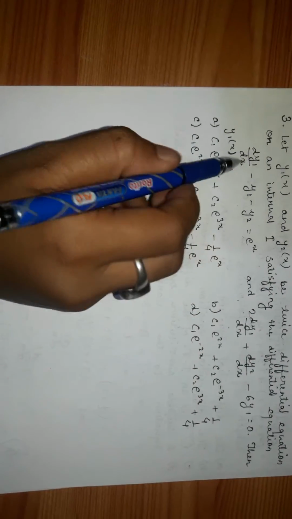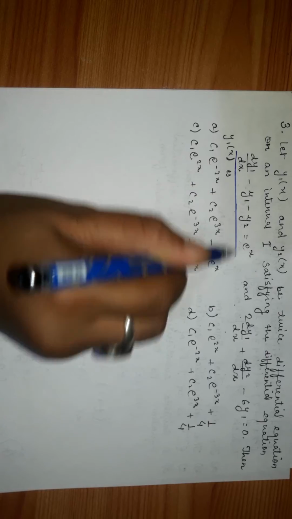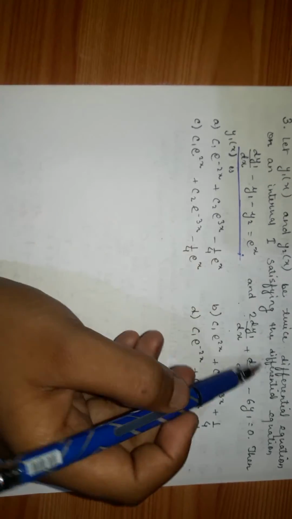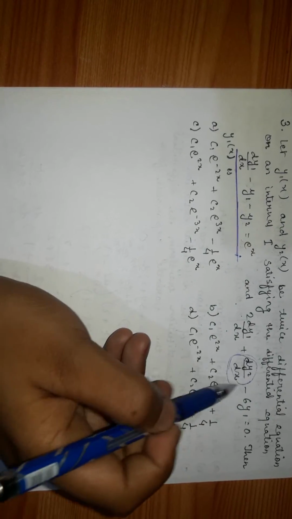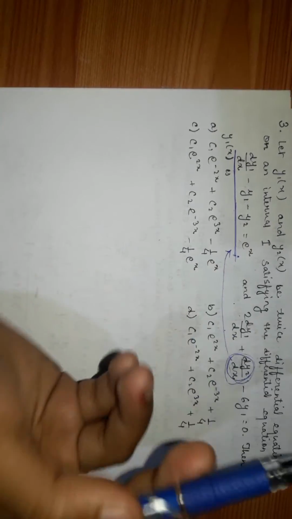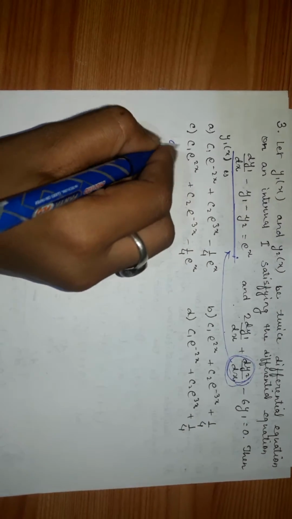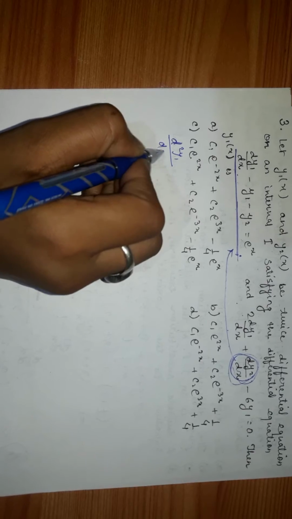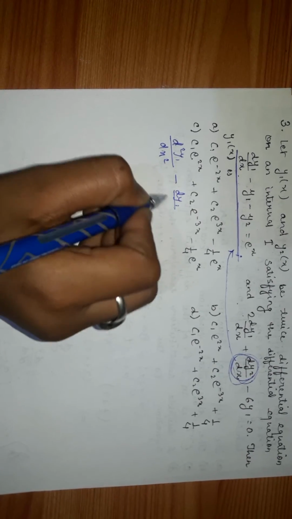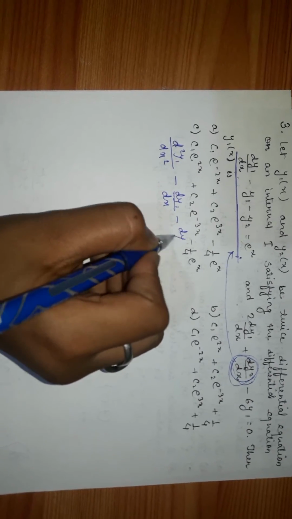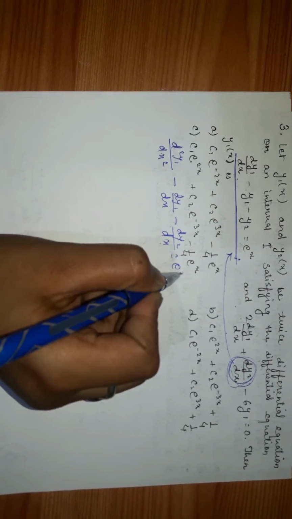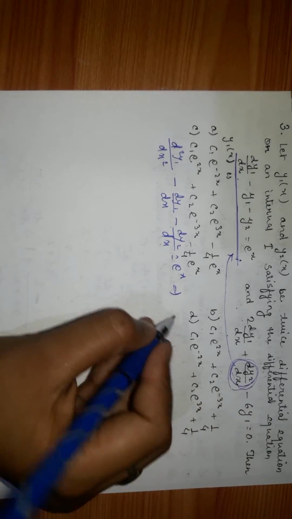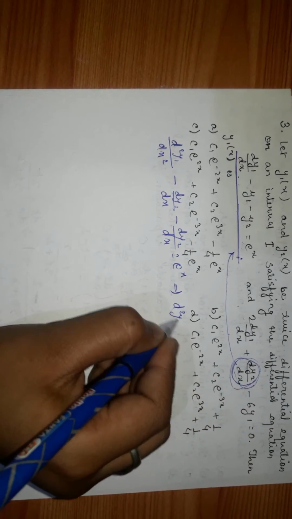So in finding y1(x), firstly we are going to differentiate this equation so that we will get dy2/dx, and ultimately we will find dy2/dx from here and put it here. So let's differentiate this with respect to x. We will get d²y1/dx² - dy1/dx - dy2/dx = e^x. So if we put the dy2/dx value from here, we will get something like